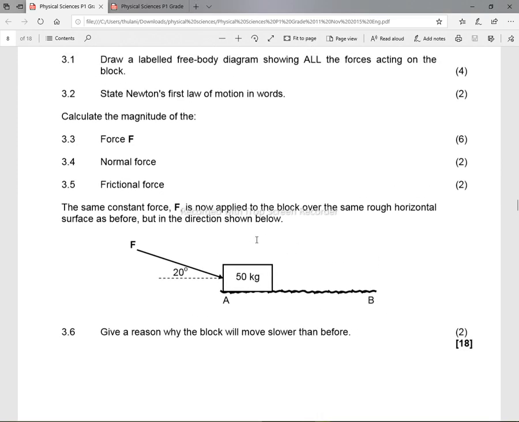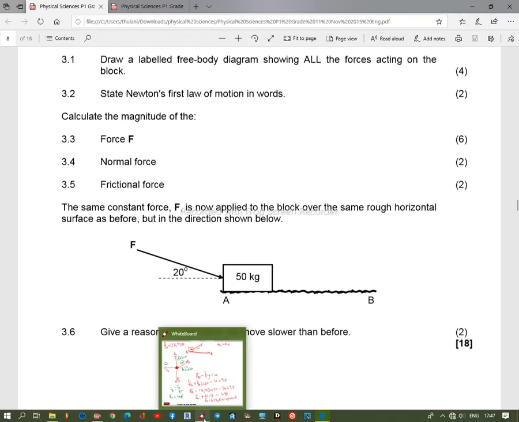Okay, so now they want the frictional force. So you have to determine the force applied, the normal force, the frictional force. If you get the normal force or the force applied wrong, you won't get the next questions correct. This was a follow-up question. So moving forward, when we have to determine the frictional force,